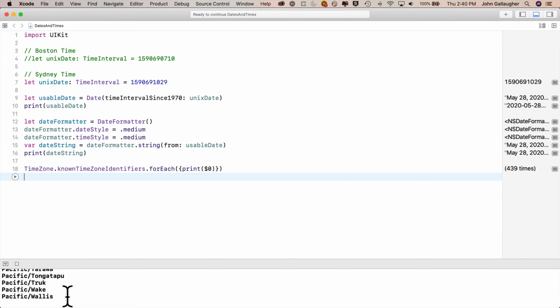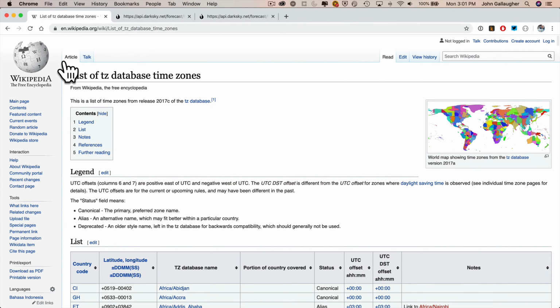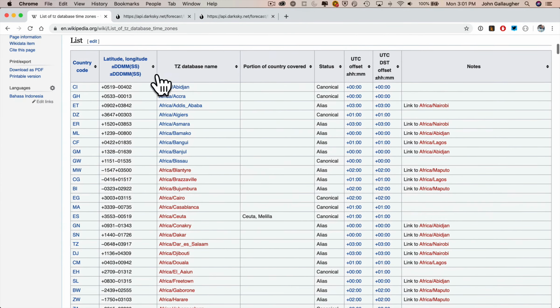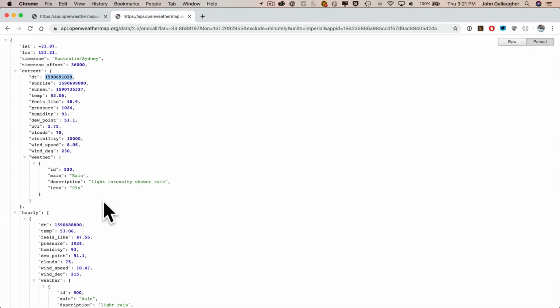Now, probably more practical, if you wanted to look through a list to find a particular time zone, you could just look for the Wikipedia page for the list of TZ database time zones. And you can scroll through and see that there's a complete list. This column that says TZ database name is the value for the time zone identifier. And we can trust the output that comes through time zone. We don't have to verify anything. We can just use whatever the service gives us. But now you know how to look up codes, either by getting a list in your app or by checking a reference online. So I'm going to highlight Australia/Sydney, copy it,